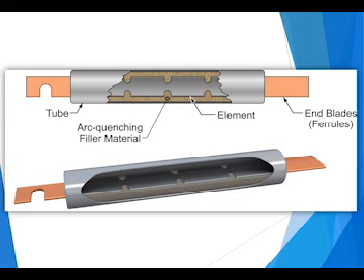We will use different styles depending on the application that we have. A fuse has 2 functions it must meet. First, it must allow the circuit to function normally without any deterioration. So this is its passive function. It just needs to work as a conductor and allow things to operate. Secondly, it must open the circuit under abnormal conditions, and this is the active function. So anytime I have a short circuit condition, we want that element to open up